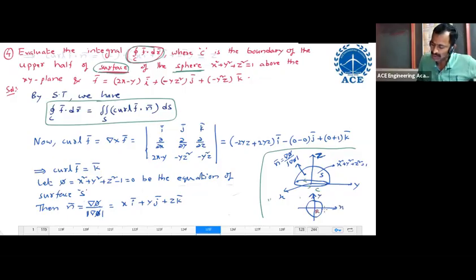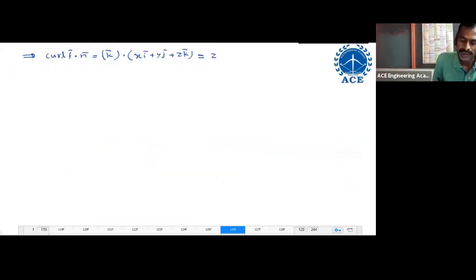R is a region. It is a projection of the surface. Let R be the projection of surface S onto the xy plane. Then